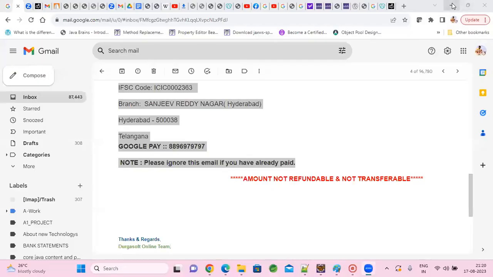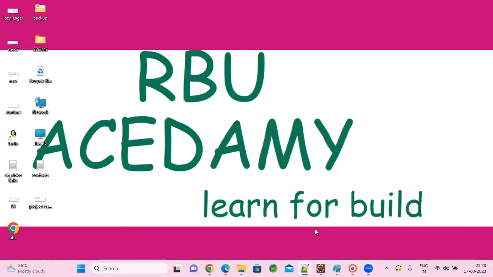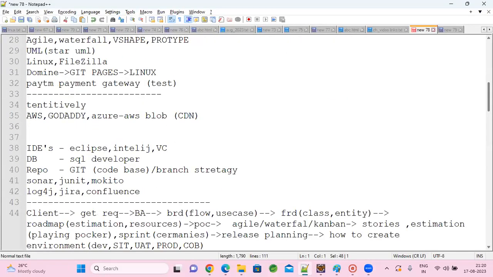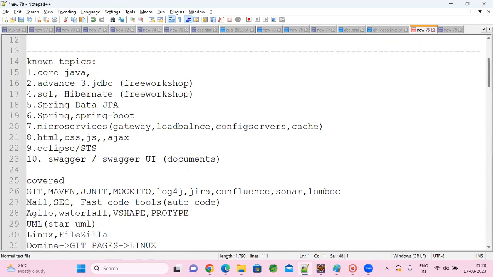Timing is 8 to 9, 9:30, depending on the length of the sessions. It will start at 8 or sharp 8:15. Maybe I'll put a 10 to 15 minute buffer, but keep it 8 to 9, 9:30. So plan accordingly. Only weekdays, no weekend sessions. Weekend sessions will cover a lot of tools, and I'll be conducting some workshops also. More interesting things we will be seeing going forward.